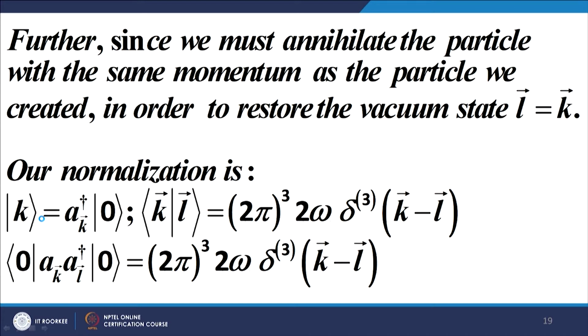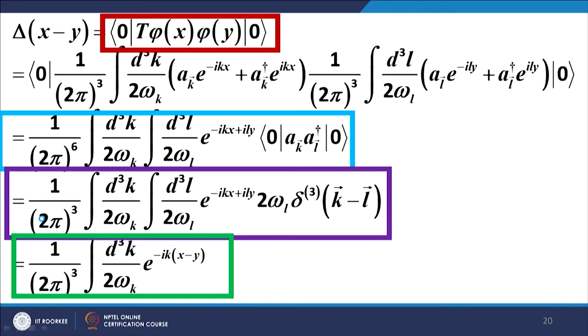These are the normalization schemes that follow as a result of what is stated above: the annihilation of the particle must be of the same momentum as the momentum of the particle that we have created, in order that the ground state be restored. Using all these conditions, now we simplify the expression for the propagator, and what we get is the expression that